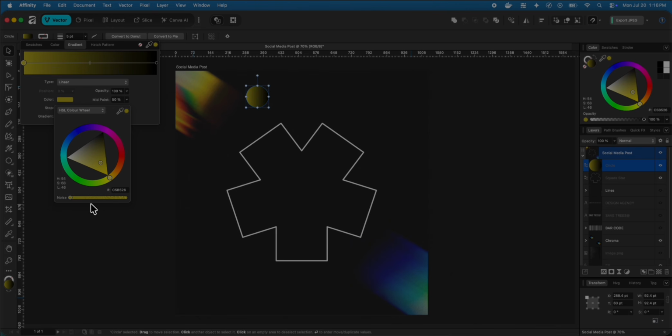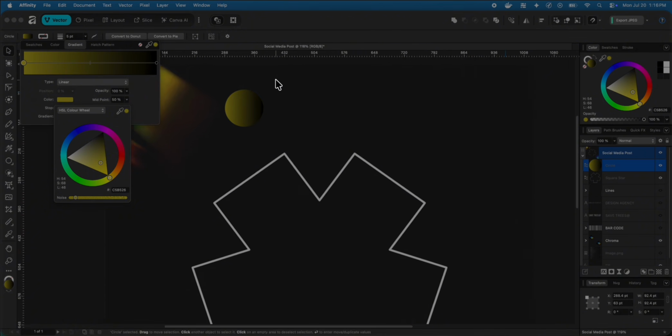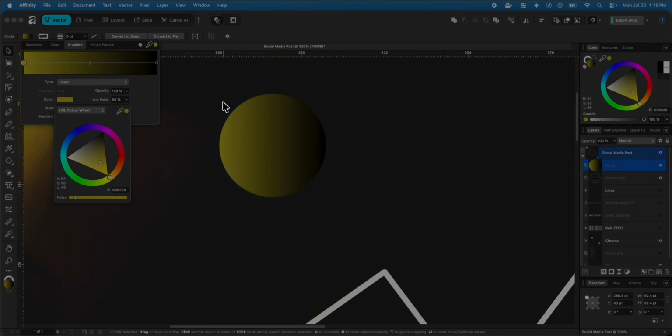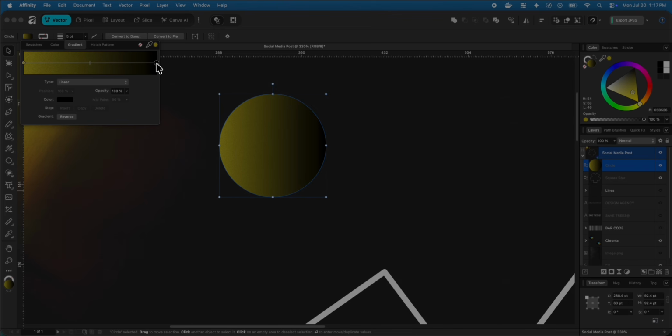And the next thing that we can also do is adjust the noise levels here. So let me zoom in a little to this circle shape so that we can clearly see the effect of noise that we have applied here to this shape in the form of gradient fill color. And I'll just set it somewhere at here. Next, I'll just select the next or the second node right here at the right hand side, and